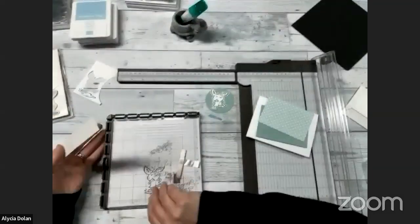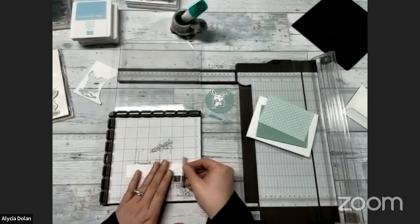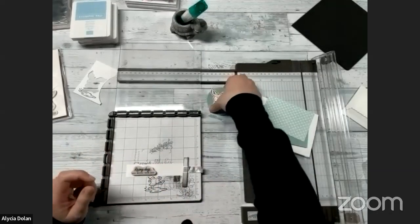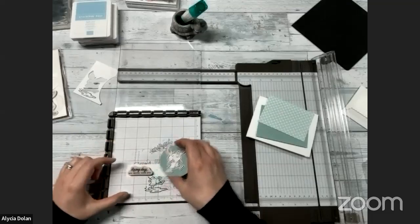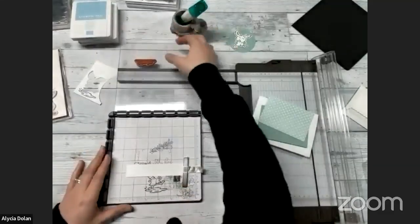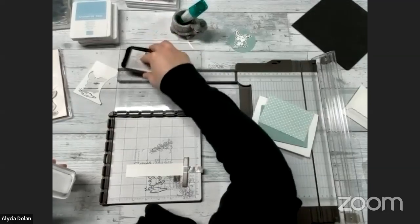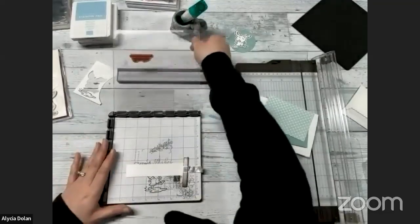So here's my stamparatus. I'm gonna put my piece of paper down here. And then my little sentiment, rainy days are better with you. And I'm gonna make sure it's over here on the left and make sure that I have room for my little bunny. Okay, so we're gonna scoot this right over here. Close the plate, pick it up, and I'm gonna tap, tap, tap, tap that ink on again. Right here. Okay, and then we just close the plate,